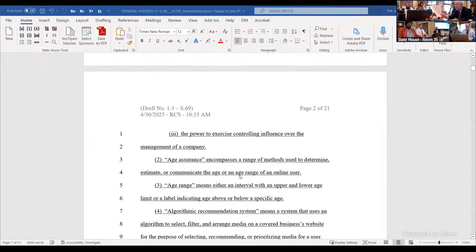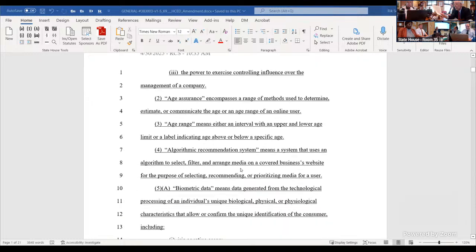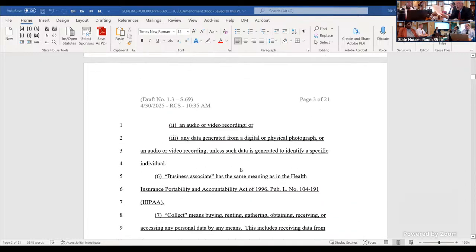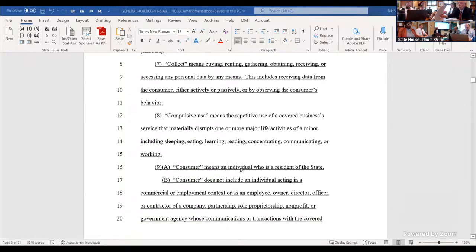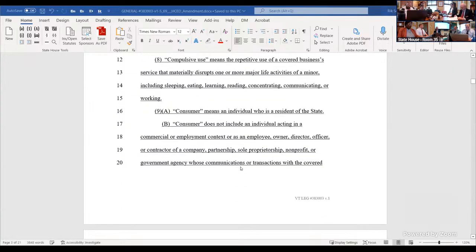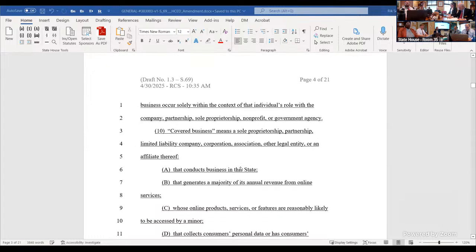So I'm going to skip down, going to go through a couple definitions that I think are important to keep in mind. Let's start with consumer. It is not a person acting in a commercial or employment context, or as an employee, owner, director, officer, or contractor of a company, and so forth. A covered business, on page 4, is a sole proprietorship, a partnership, an LLC, corporation, association, other